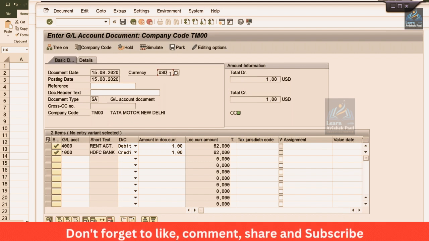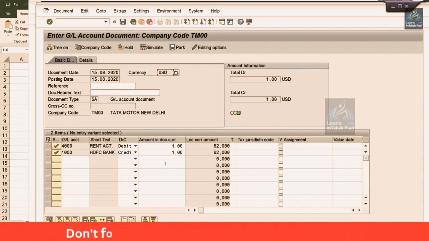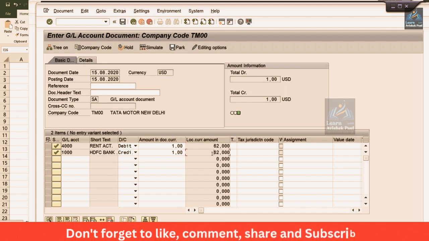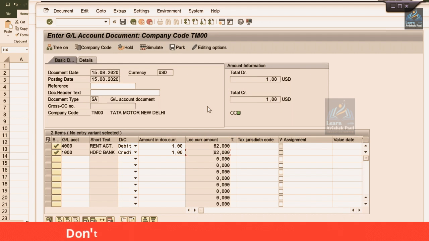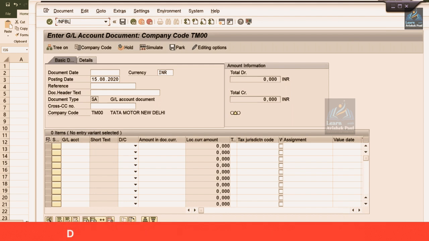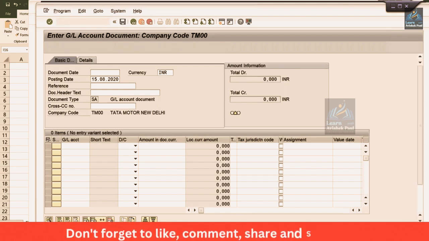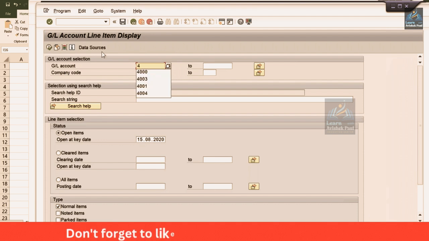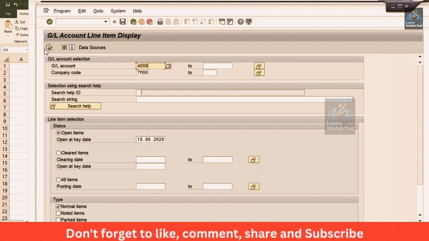So the system is going to check the foreign exchange rate table, right? For 1 USD, what rate we have specified, USD versus INR, that is going to appear here in terms of your local currency, right? So this is the logic behind it. If you save this transaction and go to the GL report FBL3N and give your GL account here,